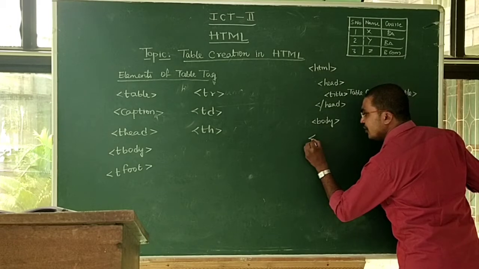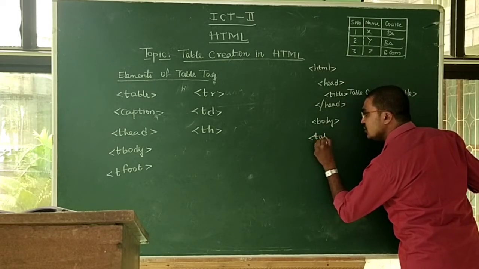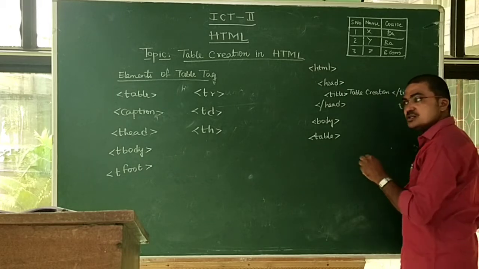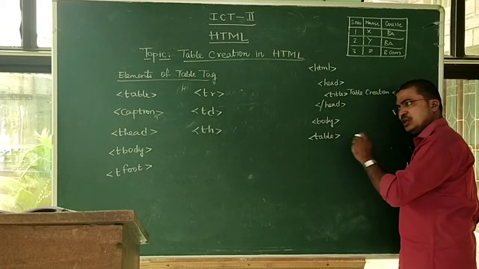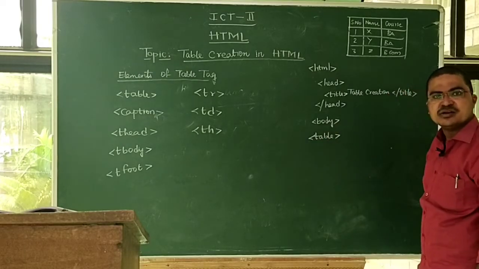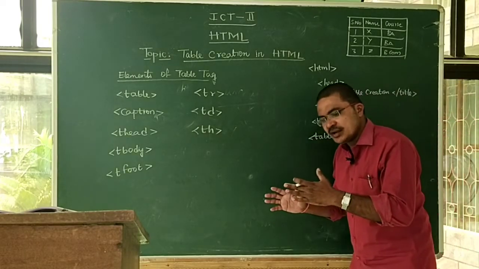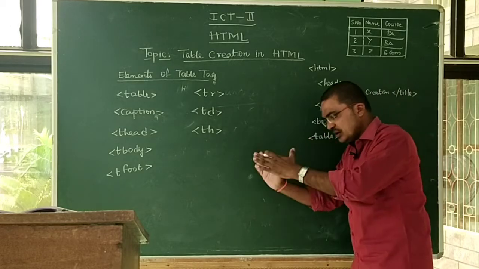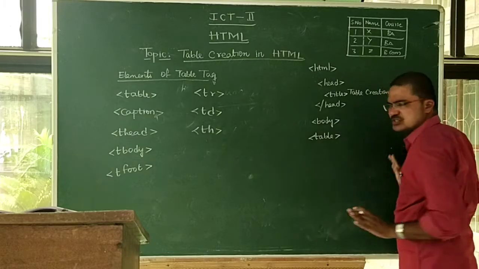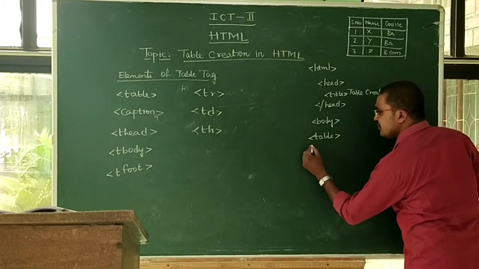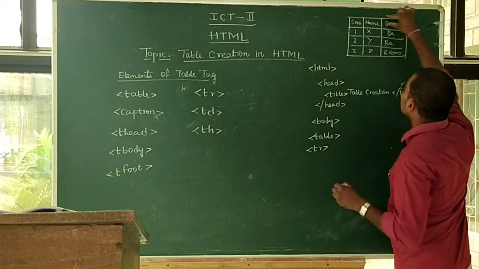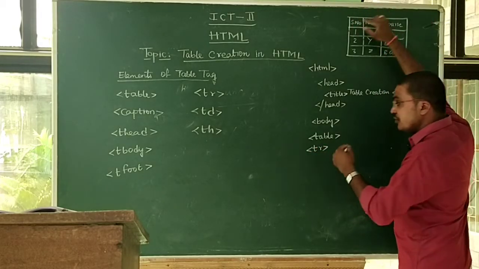If you want to make a table, first we use the table tag, because this is the tag. In case you don't use this tag, what happens? A table is not possible to create. So I want to make a table and show the proper table in the browser. First we use the table tag. Now the table tag is successfully created. After that we start a table row, because this is the row. So I want to create a row.